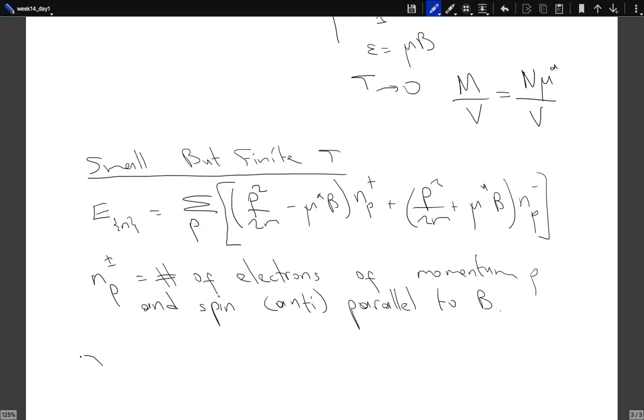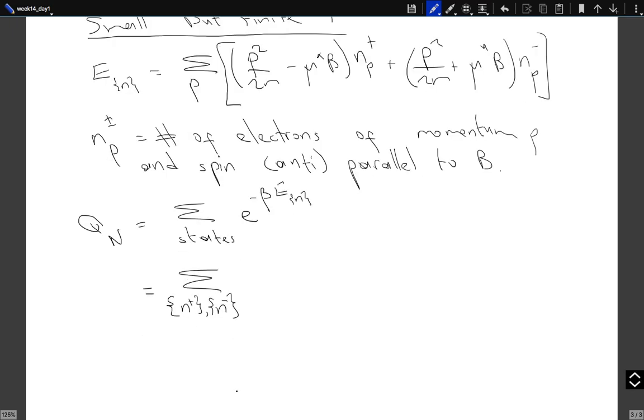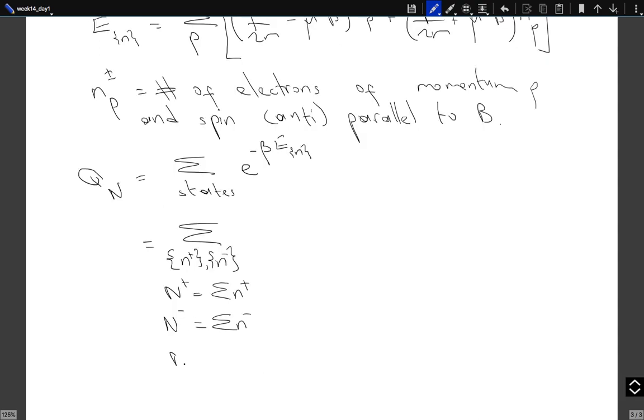Well, we need to write down the partition function, the sum over all states of e to the power minus beta E. Now the states are parameterized by the number of particles in each single particle state. So basically here we are summing over all possible sets n_p plus and n_p minus such that N plus is equal to the sum of the n_p plus, N minus is equal to the sum of the n_p minus, and N plus plus N minus is equal to N. So we need to sum over all such sets n_p plus and n_p minus